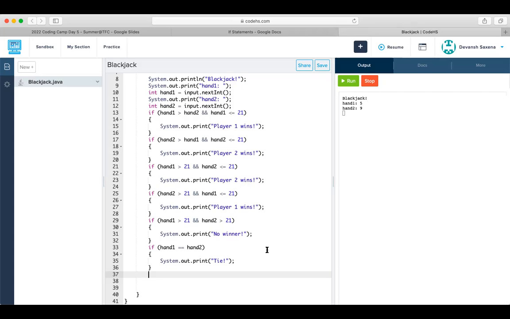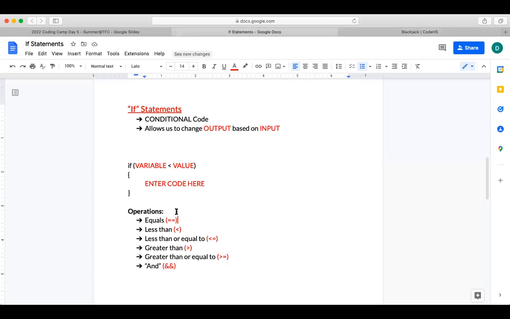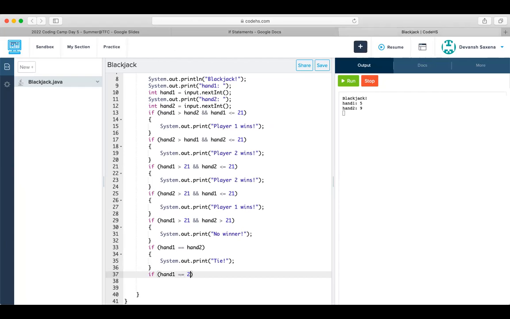We have to have if, and then I'll type this one out for you guys because I know I've copied and pasted a lot of them, and you guys can either copy and paste like I am, or if you want to, you can type them out by hand like I'm doing right now for this last one. So if hand 1 equals, we're using the equals operation again, this one. So if hand 1 equals 21, then we need the and because now we need to do hand 2. So this is the and symbol once again. So if hand 1 equals 21 and